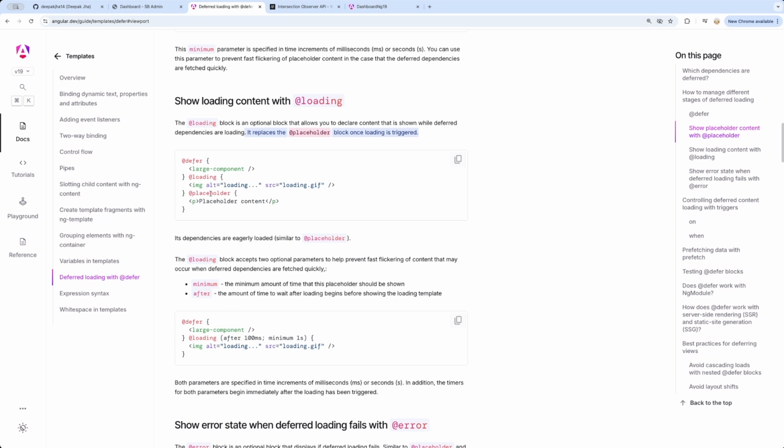Do you notice that until the loading was triggered, or until the defer was triggered, you would see the placeholder, but then loading would come into play as and when the defer is triggered. So what happens here is that whenever this particular thing, the one which is highlighted, in our case it was an image, and here in this case it's a large component, is being loaded in the background, the placeholder would be shown initially,